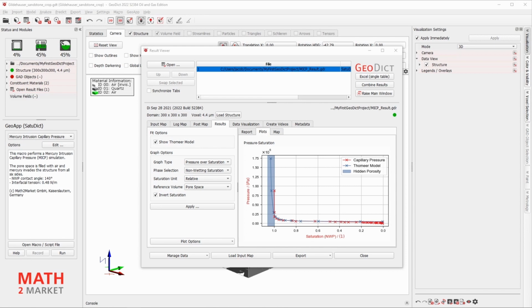You may change the reference volume from the pore space volume, which is seen by your scan, to the modeled pore space, which includes the hidden porosity. Click Apply to set these values to the plot.